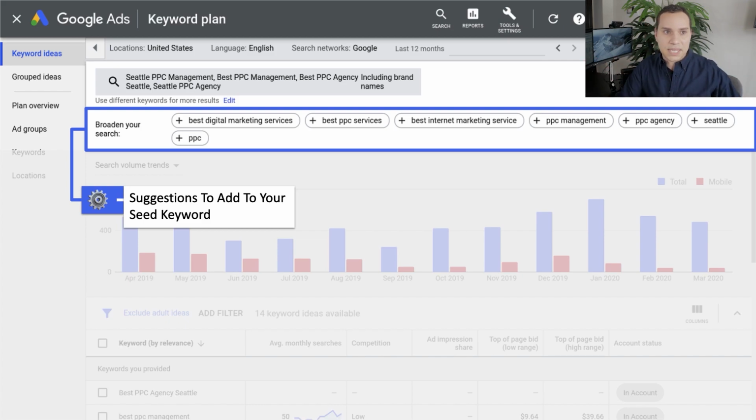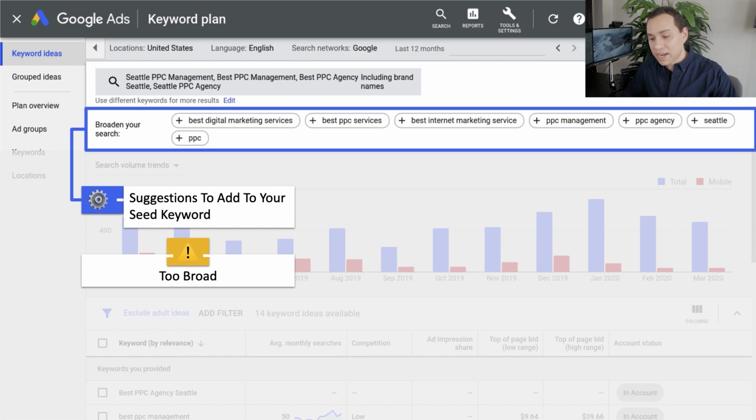Digital marketing, that could be SEO, that could be conversion rate optimization, that could be page building, that's tons of things that have nothing to do with specifically pay per click. So you do want to make sure that you don't broaden your search. Even if you're not getting very many keywords, going broader doesn't mean you're getting better customers, right? If there are only a couple keywords for your specific customer base, then those are the keywords you should focus on, and that's where your budget should go. It's not about being broad, it's about being specific, finding your ideal customers.